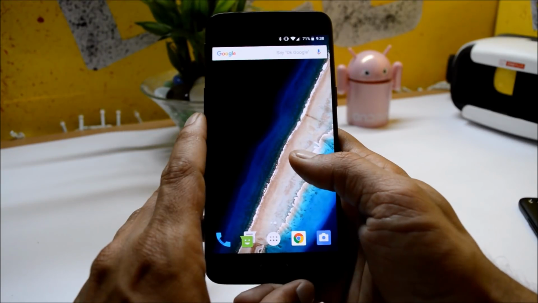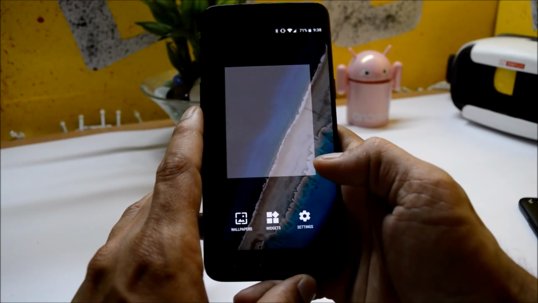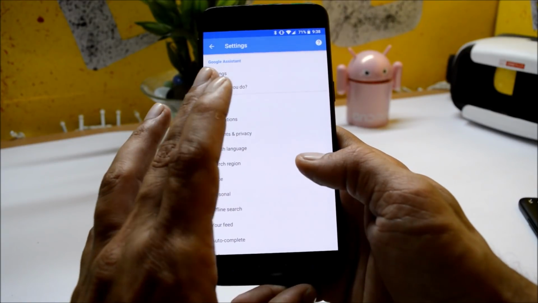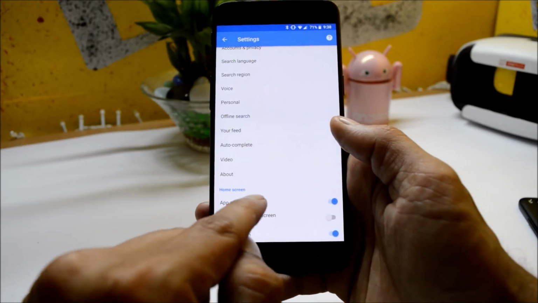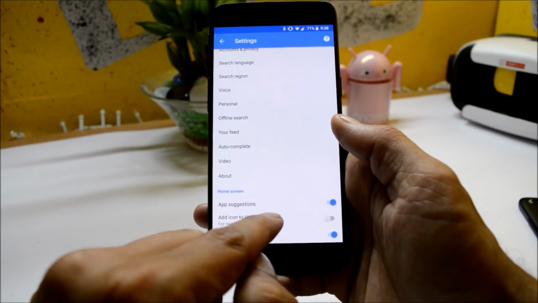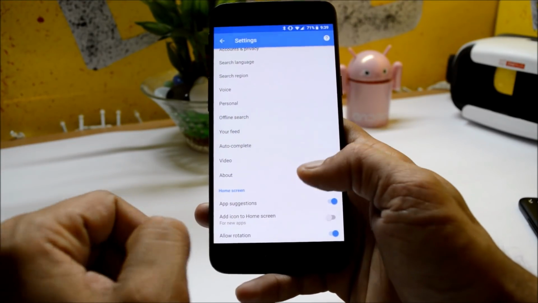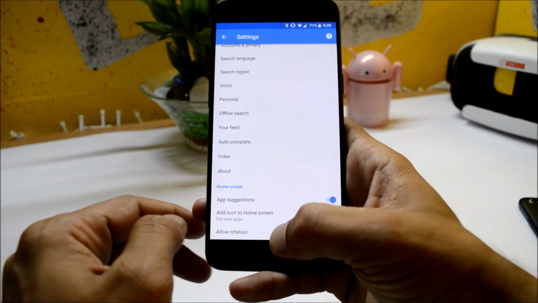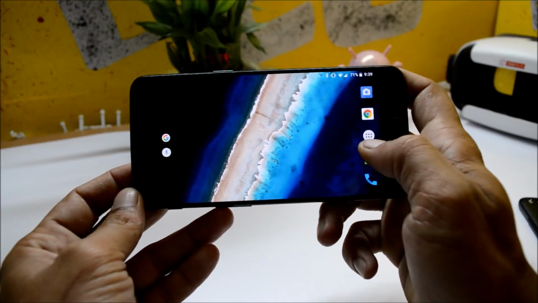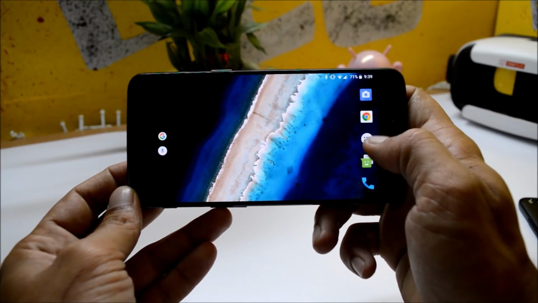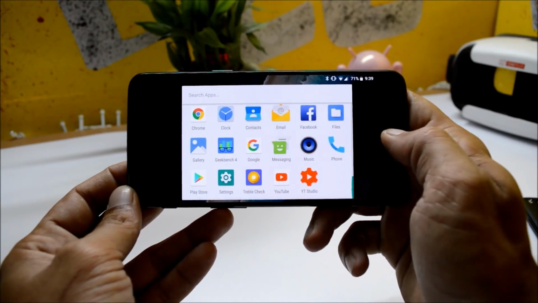So now let's take a look at this ROM. Long pressing the home screen will take you to launcher settings, where you have a few options of Google Assistant, search, and after that you have options of home screen, in which you can disable app suggestions, add icon to home screen, and you can also allow home screen rotation, which works perfectly. When you rotate your device, the home screen also gets rotated,